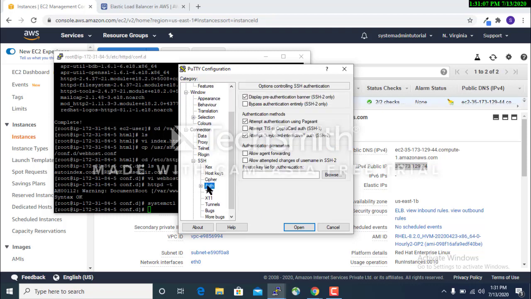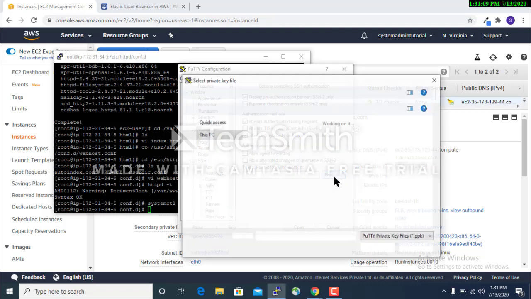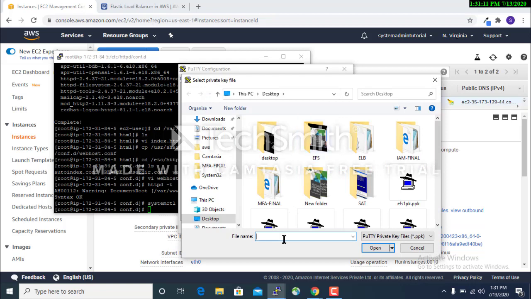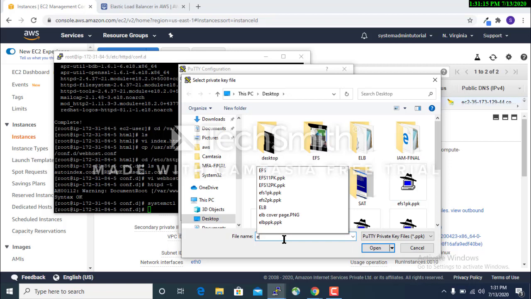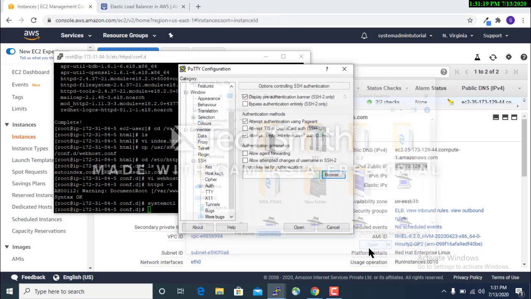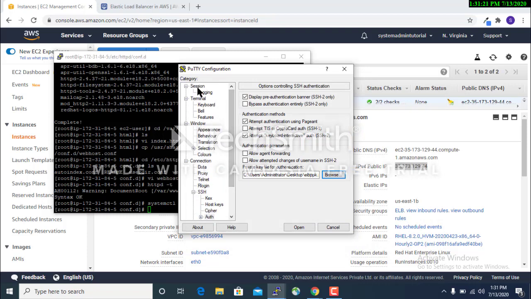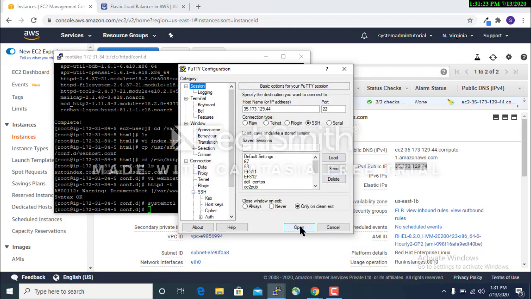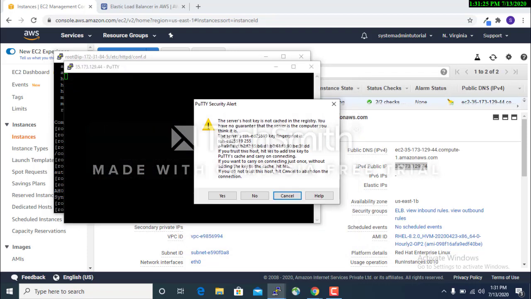In the auth, you have to browse the ppk file which is already generated using PuTTYgen. Then click on open, then again go to the session. Now open it. The security alert is coming, so click on yes.